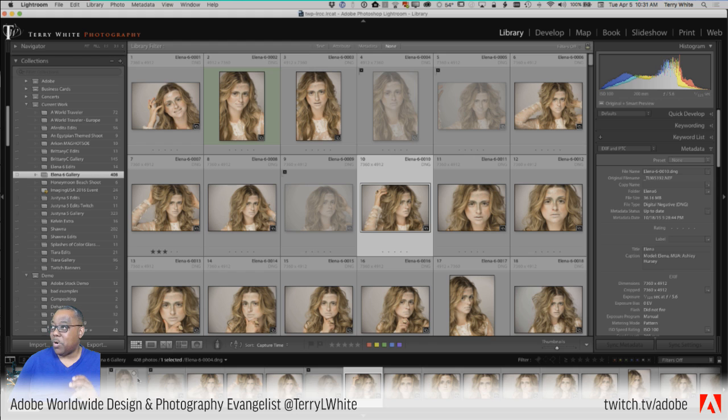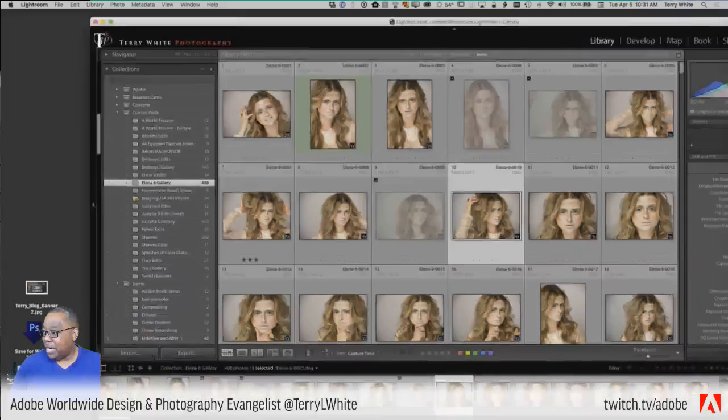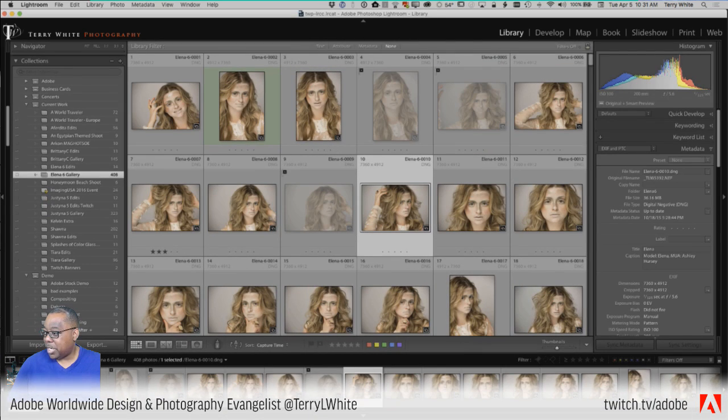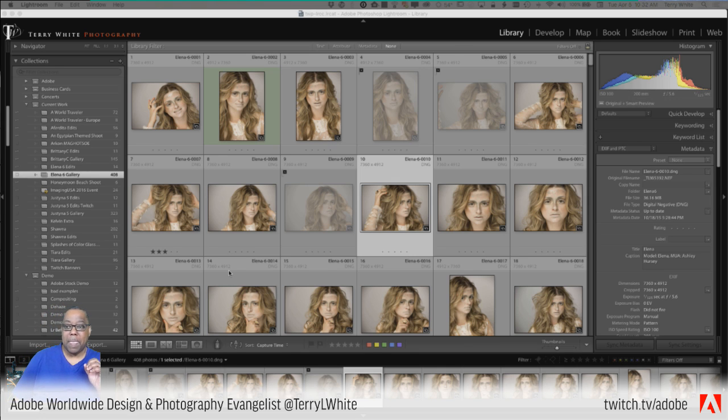Let me do one more thing to the interface, a couple more things to the interface actually, to help you learn faster ways of seeing more of your photos and less of Lightroom at the same time. All right, before I do that, I got one thing to check real quick here. Okay, just wanted to do a quick check on that display. All right. So let's see, where do I begin?